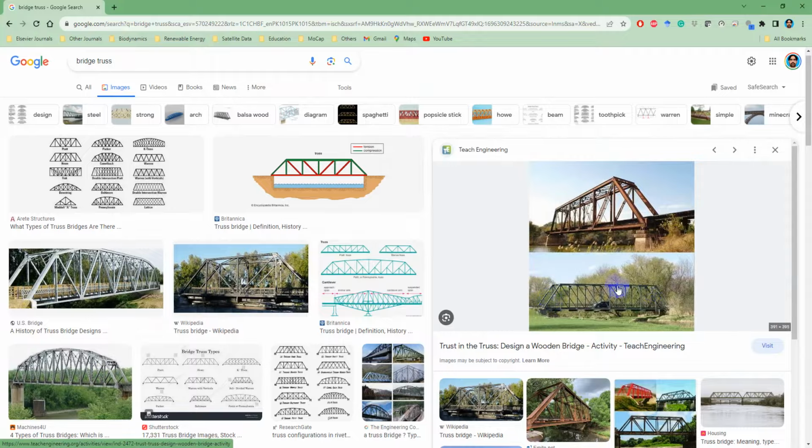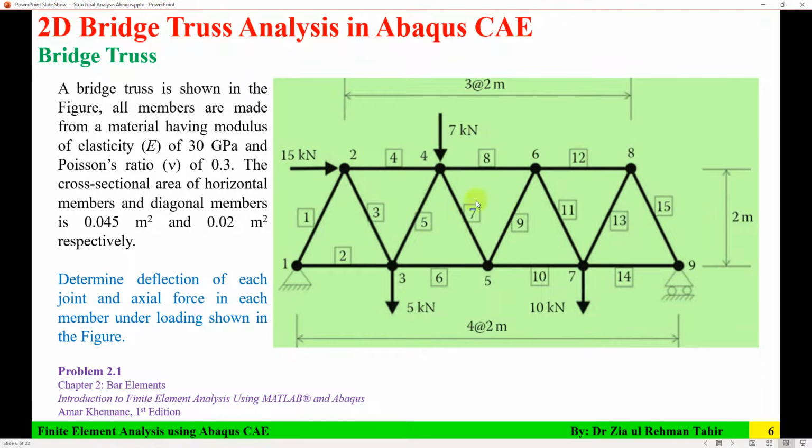which I'm going to model. All members are made of a material having a modulus of elasticity of 30 gigapascal and Poisson's ratio of 0.3. The horizontal members have a cross-sectional area of 0.045, and the diagonal members have 0.02. Required is the deflection of each joint, like at each node, and then the axial force. This is problem 2.1 from chapter 2, bar elements,